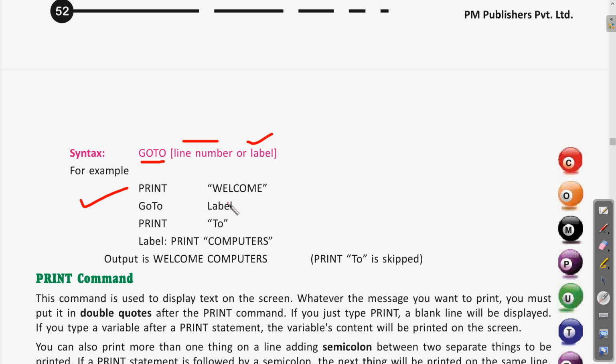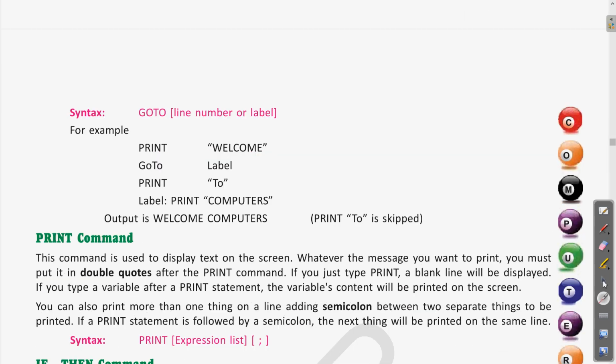Let me erase this first. First it will write welcome, and after executing the first line, goto label is written. It means the control will come to the label, like print computers. Clear?